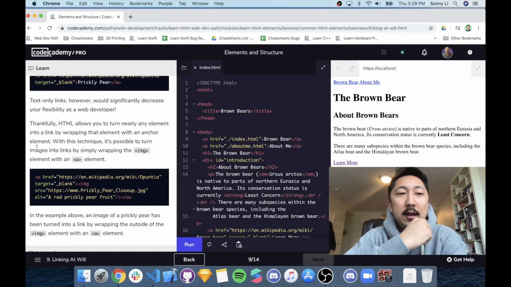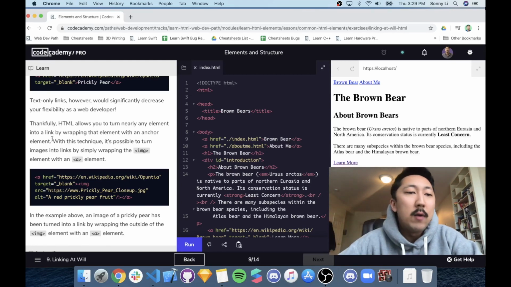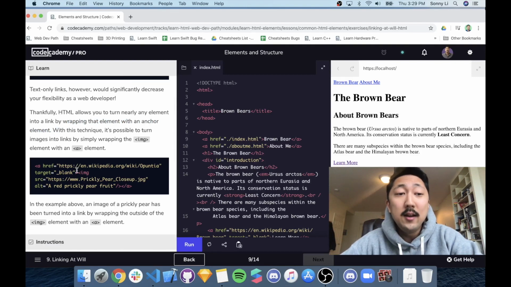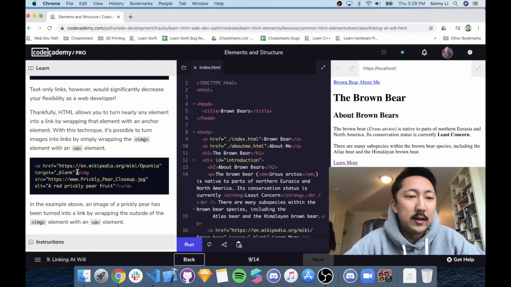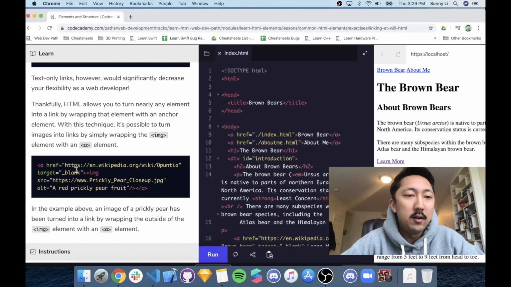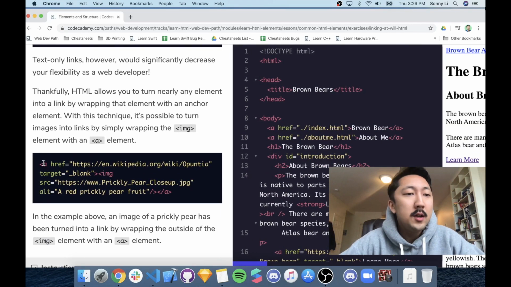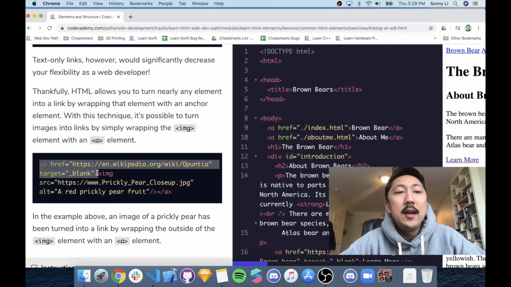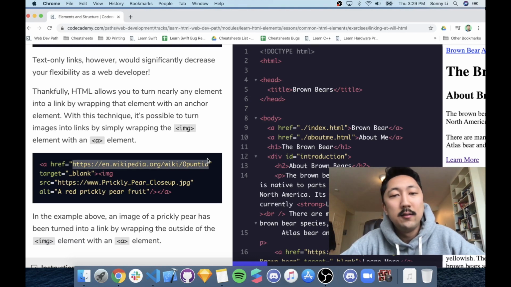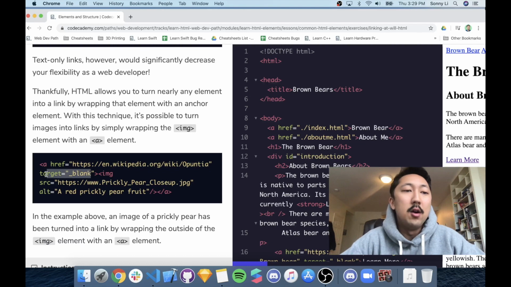Thankfully, HTML allows you to turn nearly any element into a link by wrapping that element within an anchor element. This looks kind of ridiculous right now, but let's break it down. I'm going to zoom in a little. Here we have the opening anchor element. Same thing, it takes you to this URL and opens in a new window. And here's a closing anchor